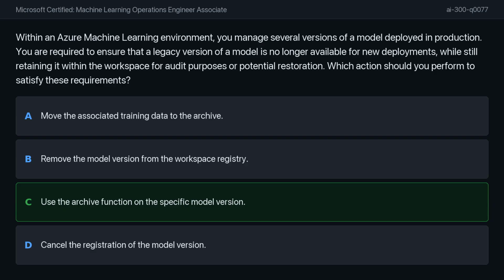A useful tip for this exam topic is to clearly distinguish between actions that physically remove objects from a workspace versus those that simply change their availability status. Remember that archiving is a non-destructive lifecycle management step,